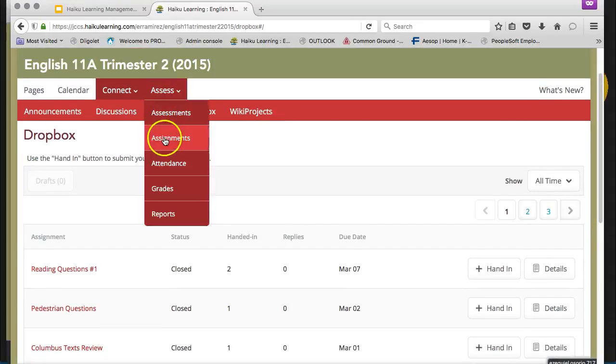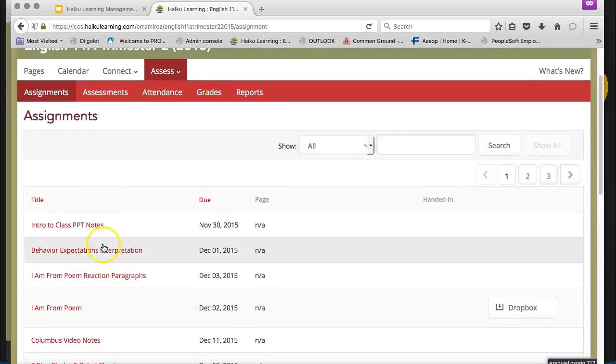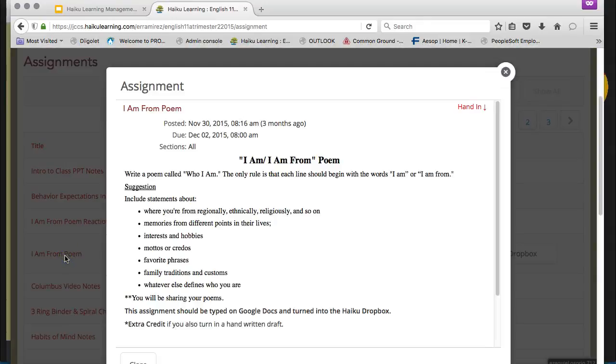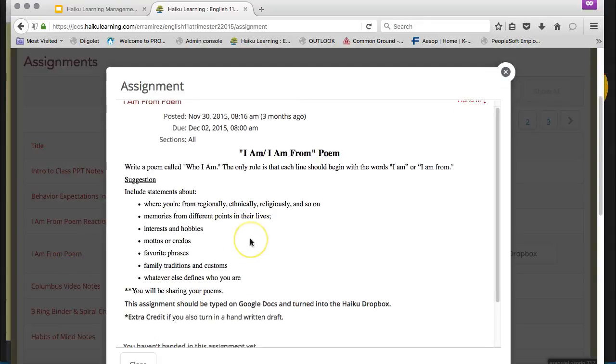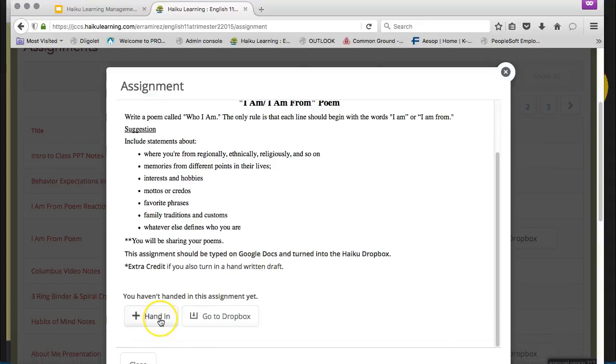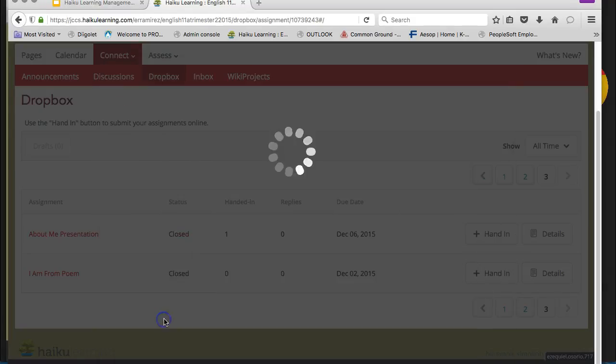If you wanted to see a list of assignments, you could go here, and when you click on the different assignment, it gives you a description of what the assignment was, the directions, and it gives you a spot for you to hand in your assignment into Dropbox. Okay, so let's say you were ready to turn in your I am from poem. You would click on this button, go to hand in,